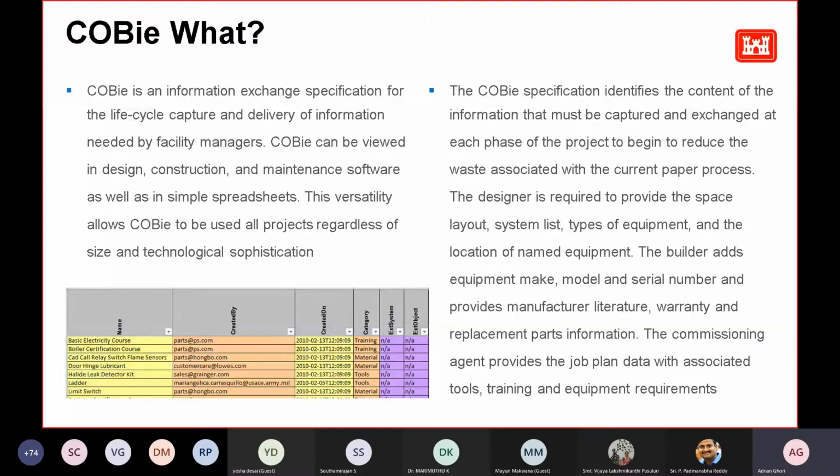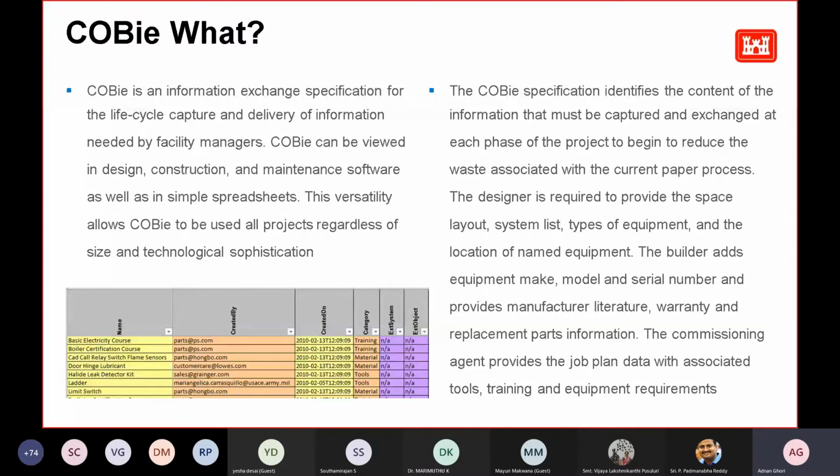When you do a PG in facility management, you are trained to maintain and manage the entire building, the systems within it, and all the services. So BIM is also being linked to facilities management, and COBie is a very important part of it.